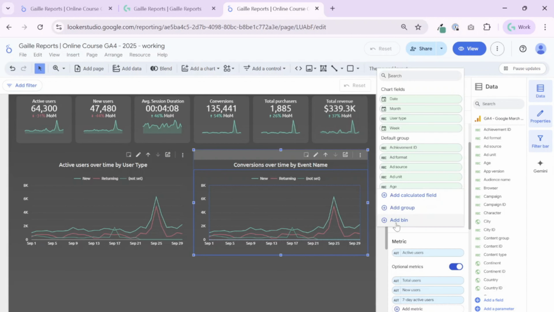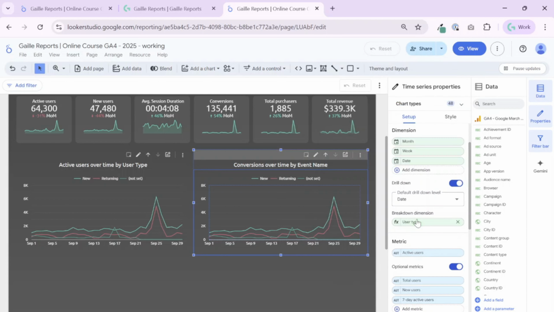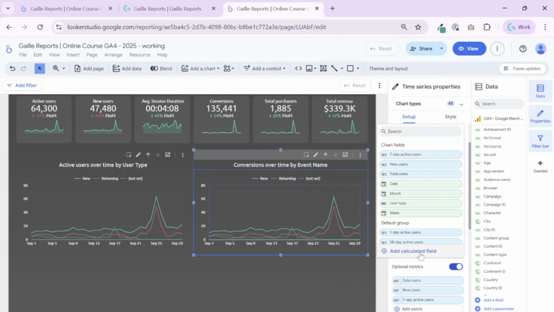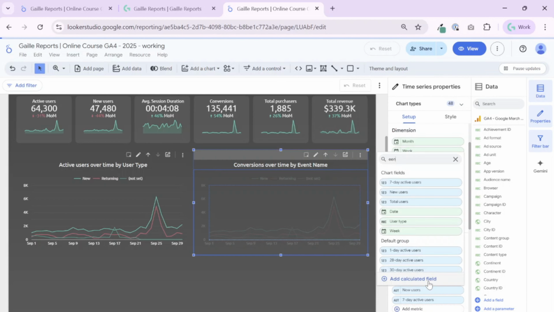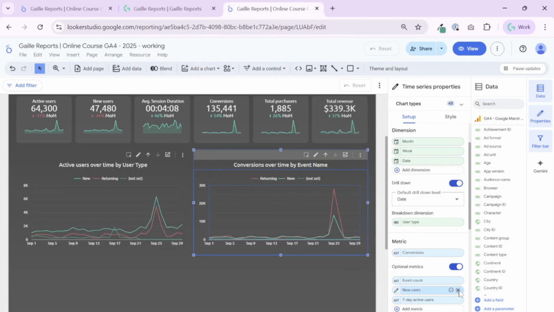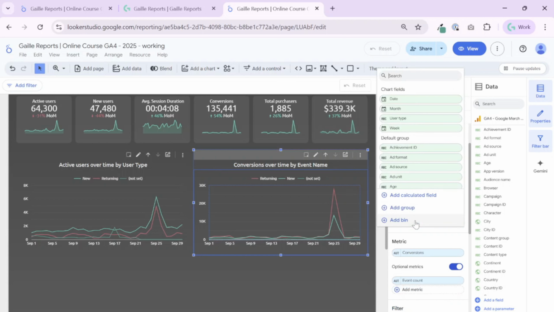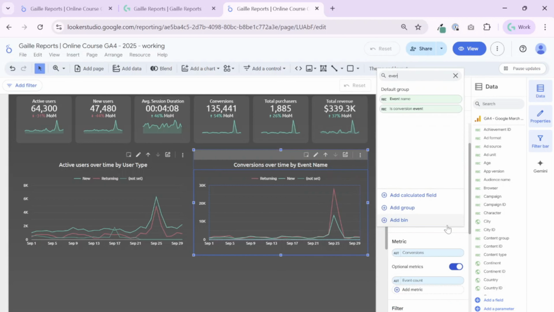Let me copy paste this formula. If we use event, okay, let's change conversion here, and event count here as an optional metric. Let me copy the formula again. When I use event name here,